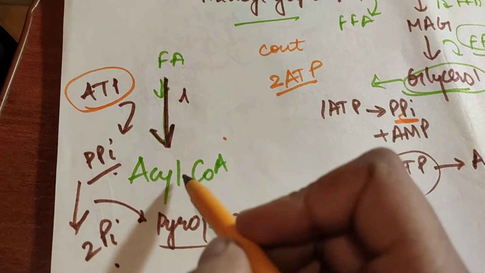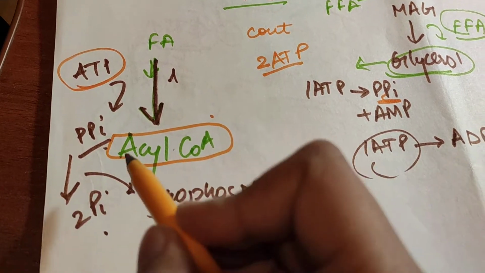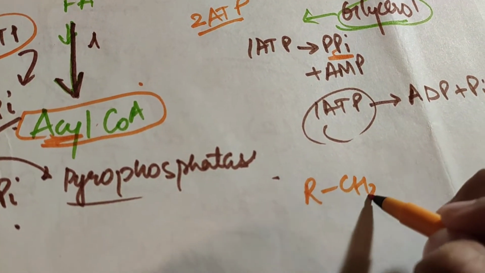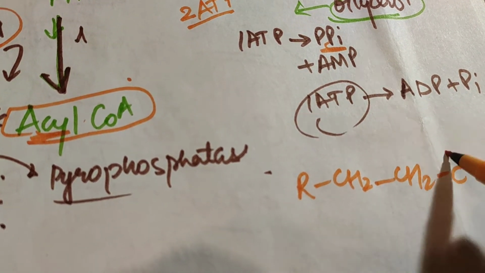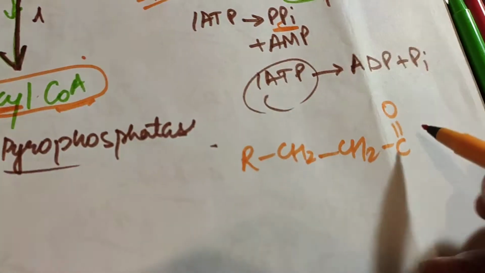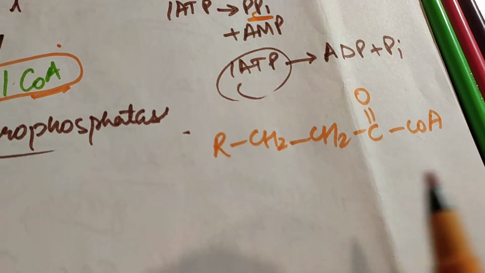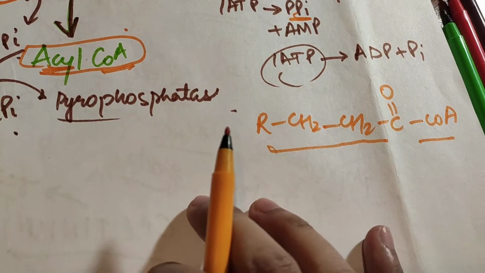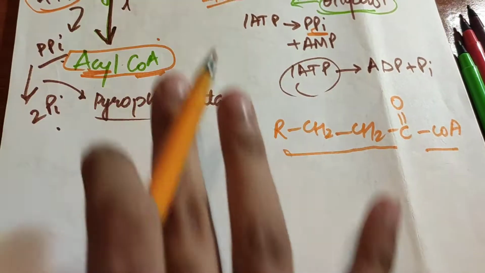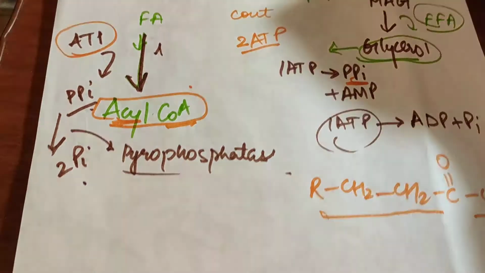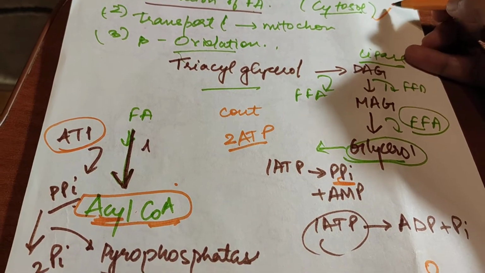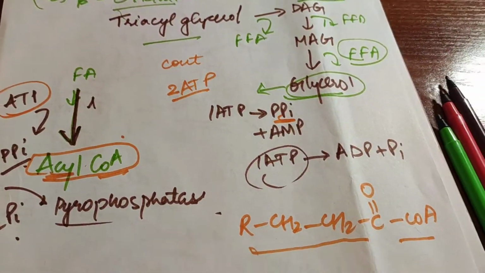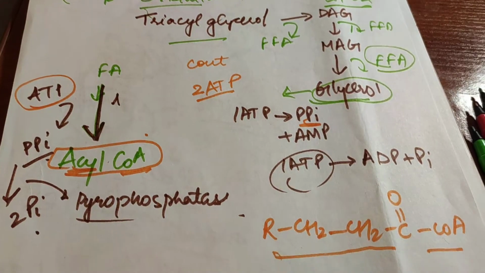Now this acyl coenzyme A is activated. You know what acyl is? Acyl is nothing but just a chain, CH2, and then coenzyme A is there. This is acyl and this is coenzyme A. Okay, now this is activated. Activation happened in the cytosol. Now for transport, we want this acyl coenzyme A to enter the mitochondria, but you know